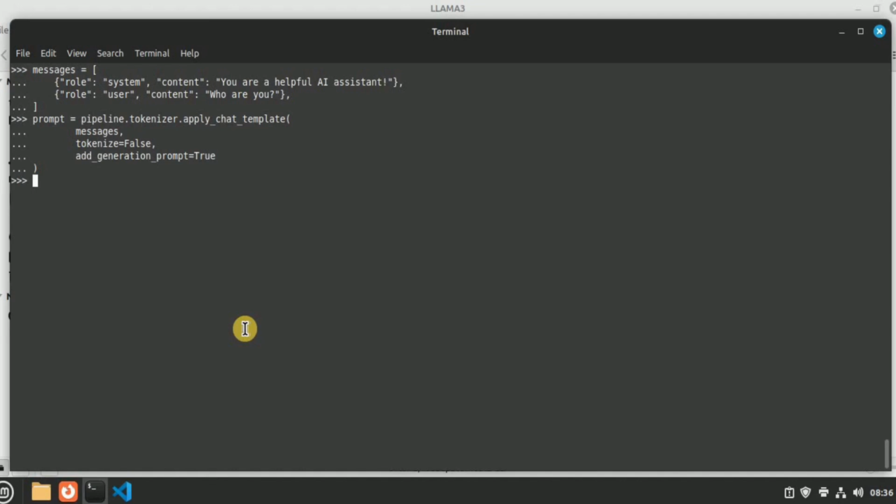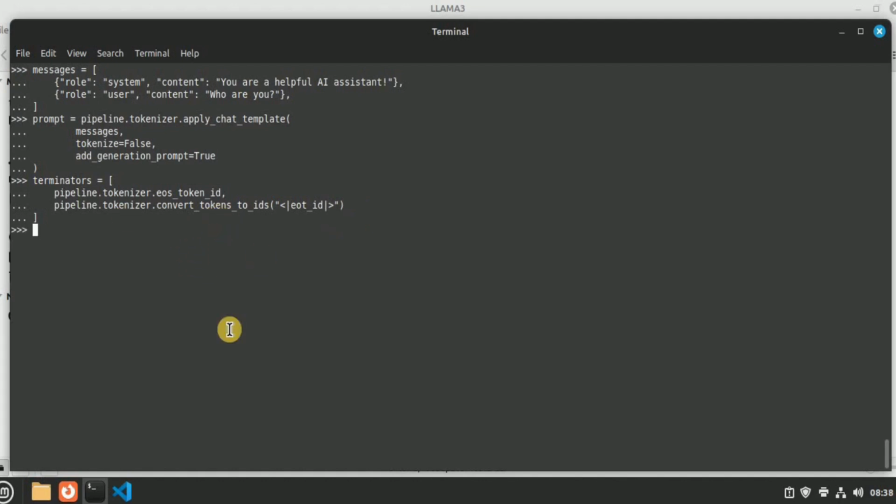One thing that you should remember is that Llama 3 requires special tokens for the tokenizer which you have to define on your own. So in order to do that, I'm going to run this command. I'm creating terminators inside which I'm using pipeline.tokenizer.eos_token_id. And for the pipeline.tokenizer.convert_tokens_to_ids, I'm converting it into EOT. Once this is done, hit enter and it will set the tokenizer for our prompt.